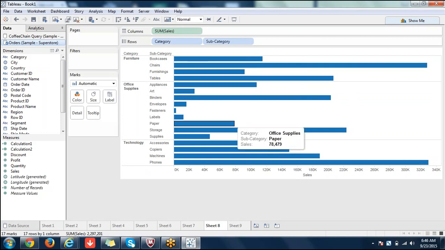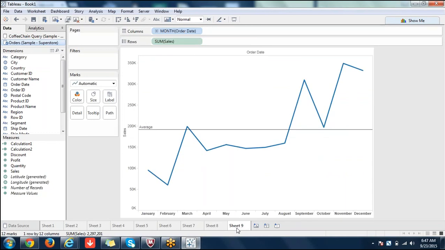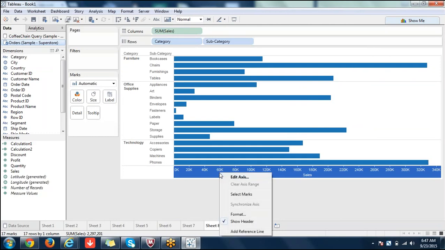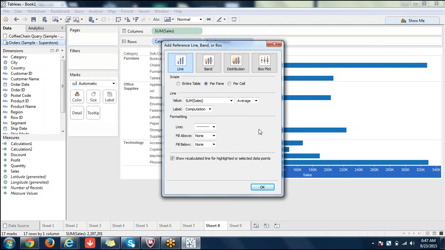So for calculations, you need to understand this. This is very important. This sub part, that is a group of bars, is called a pane. This whole part is called the table or window. Okay. So here, whenever you say add reference line, you can add it anywhere. That's not a problem. You can add here also. Reference line is just to compare things with some standard line. That's it. Apart from that, nothing else. This I'm adding with respect to pane here. Say I'm clicking OK.